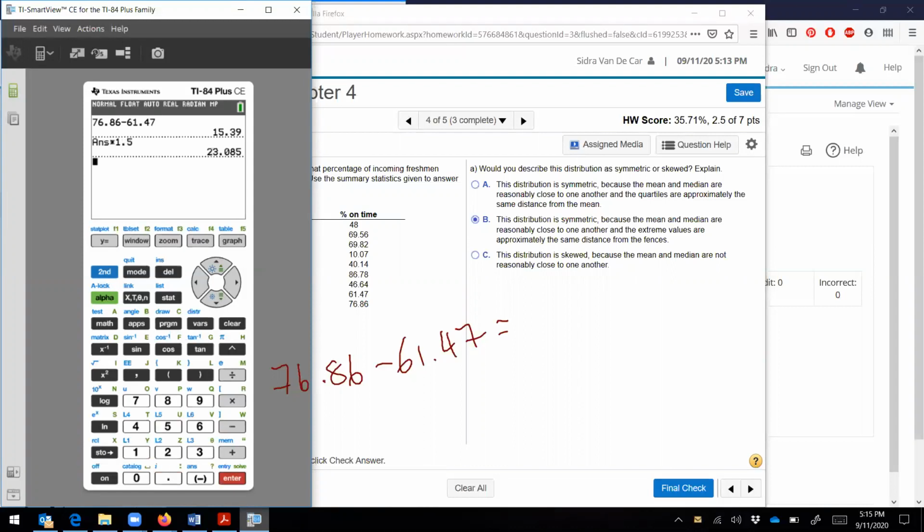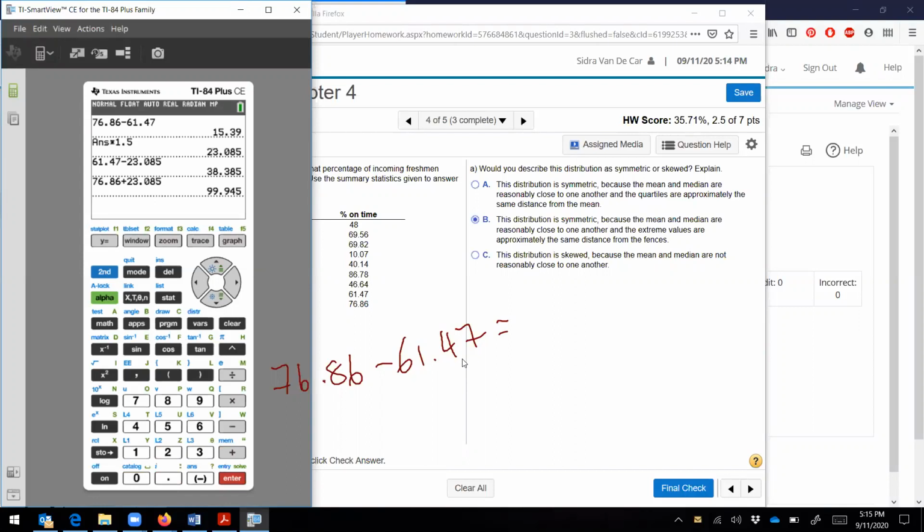And that's what we add and subtract to those quartiles to get fences. So if I do the bottom fence, 61.47, and subtract 23.085, we get 38.385. And if I take 76.86 and add the 23.085, we get